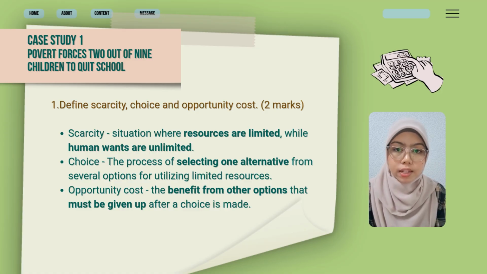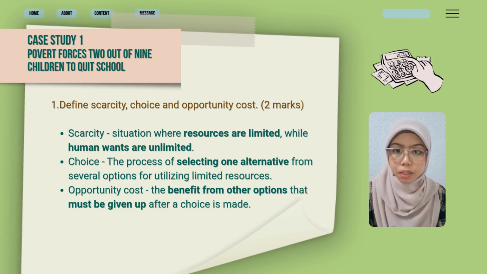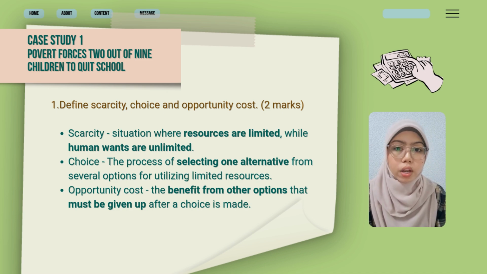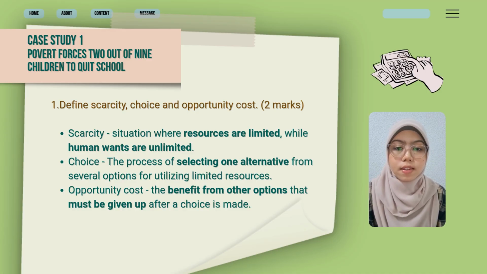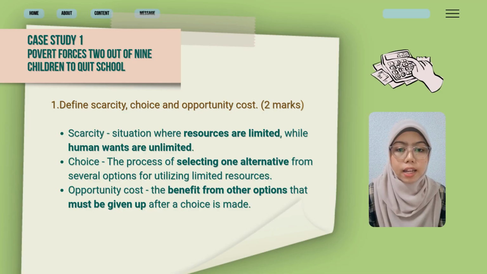For the first question, scarcity refers to a situation where resources are limited, while human wants are unlimited. This means people cannot satisfy all their needs and wants at the same time because of insufficient income. Choice means selecting one option from several alternatives because resources are limited. Opportunity cost is the benefit of the other alternative that must be given up when one of the options is